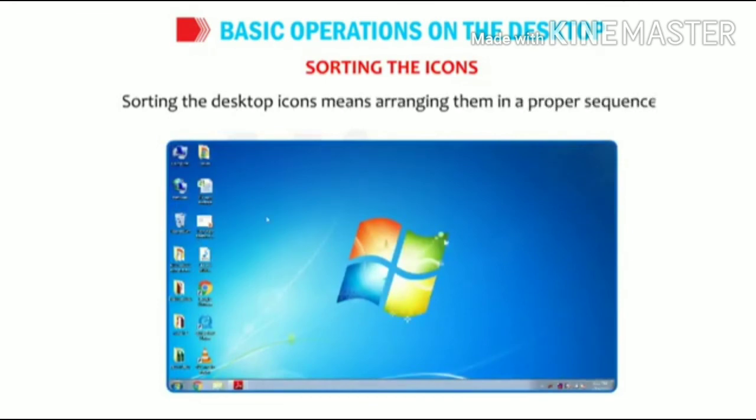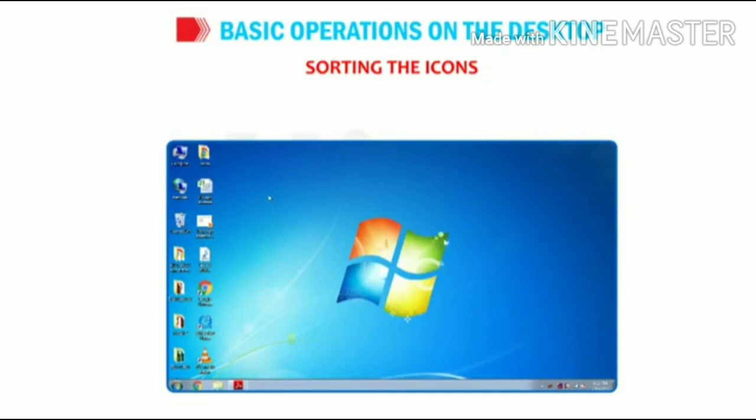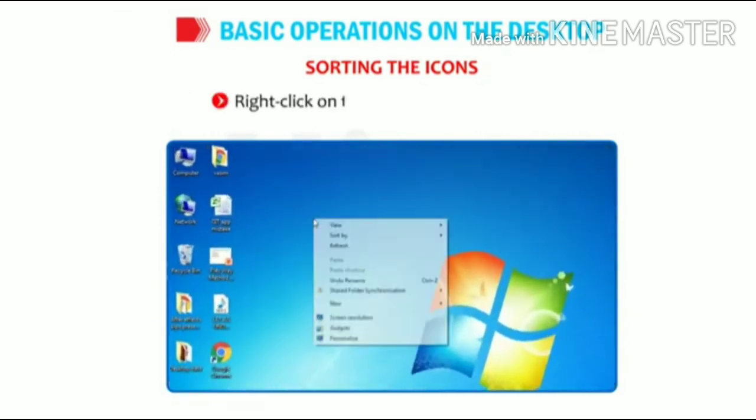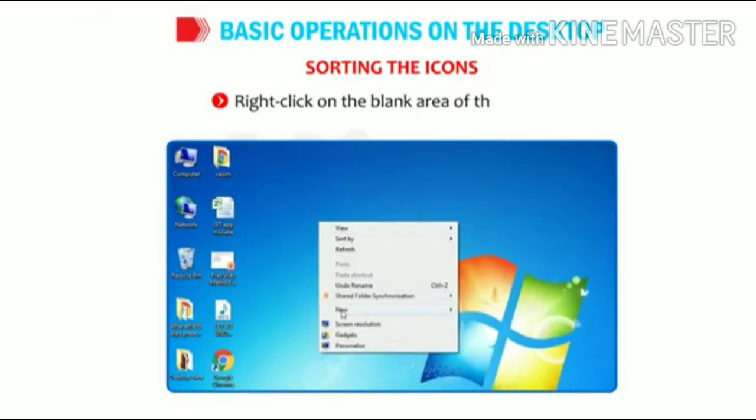Then point to the sort by option and click on the name suboption. Then the icons will be arranged in alphabetical order. You can see in the picture your icons are arranged.